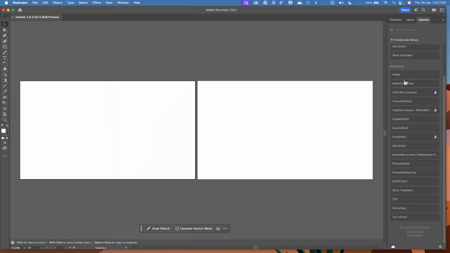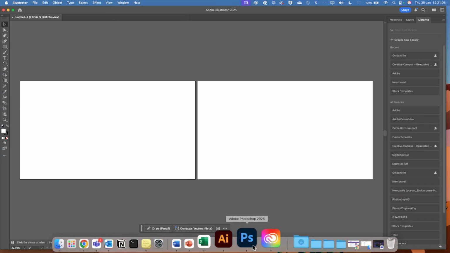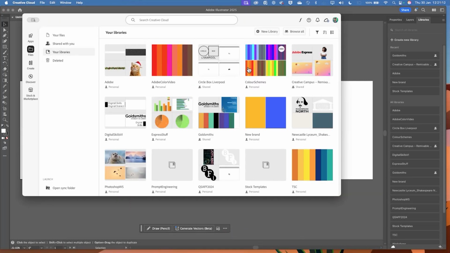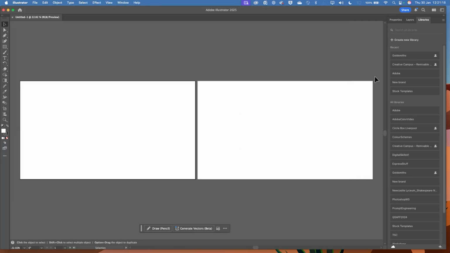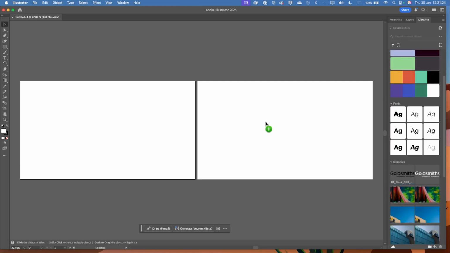And I can view all of these files directly in the app. If I go back to here, I have a library dedicated to Goldsmiths content that I've shared with my colleagues. If I click on Goldsmiths, I've got access to the logos that I can just drag straight in. It needs to be updated.